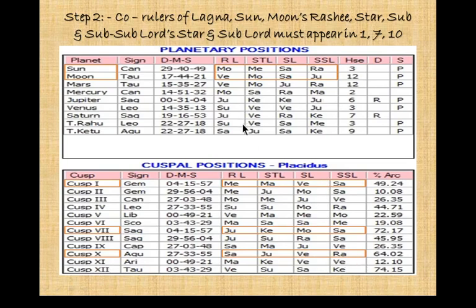Ketu does not appear in 1, 7 and 10, but Ketu represents Saturn and Jupiter. Saturn appears in 1, 7 and 10, and Jupiter appears in 7th. So Ketu also appears in 1, 7 and 10, and Jupiter's sublord Jupiter appears in 7th. So all the three cusps are getting stimulated, Jupiter appearing in 7 and 10.